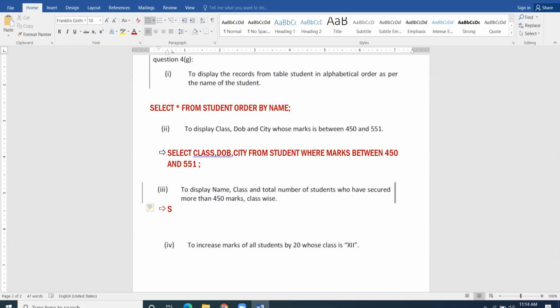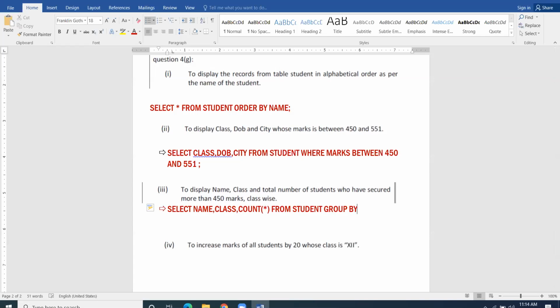So the command will be select name, comma class, comma count star, because we are to find the total occurrence. So count bracket asterisk will be our aggregate function for calculating the total number of students. From student